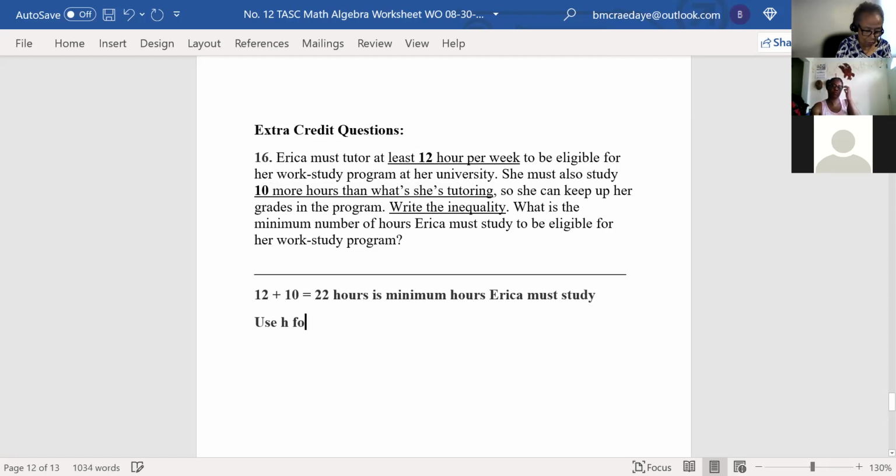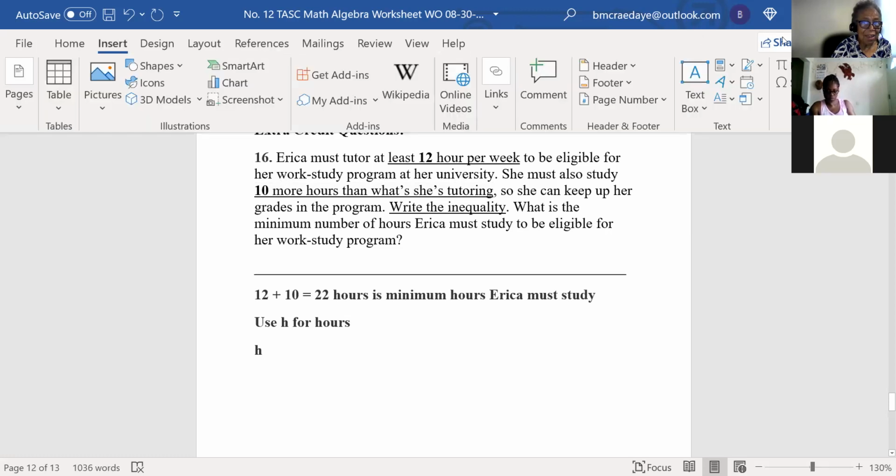H for hours. Yeah, I had 8 hours and 22, but I can't figure out what to put in front of the 8, so I just sent it. Oh, so the H has to be greater than or equal. I went back into one of my books, and then I realized it, so I said, well, I'm gonna send it like that as it is. Yeah, this H has to be greater than,